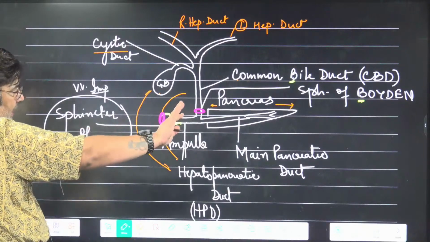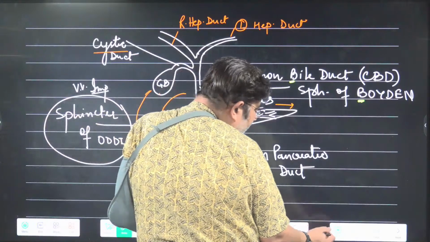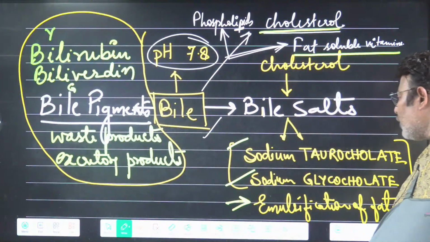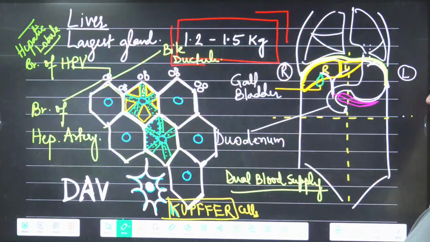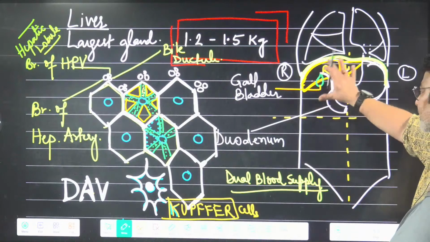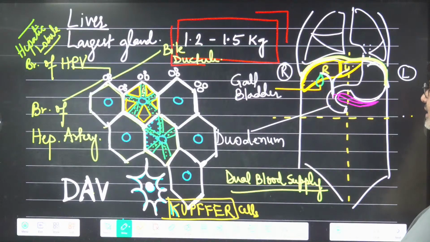Bachcho, hope this diagram is clear. Two sphincters at the base of the bile duct is a Boyden. Okay. Composition of bile along with the pH, etc., and the hepatic lobule, the structural unit of liver. Liver is the largest gland. It is on the right-hand side of the upper abdominal cavity. On the upper left, you have got the stomach, and liver is the heaviest organ, up to 1.5 kilogram in weight.